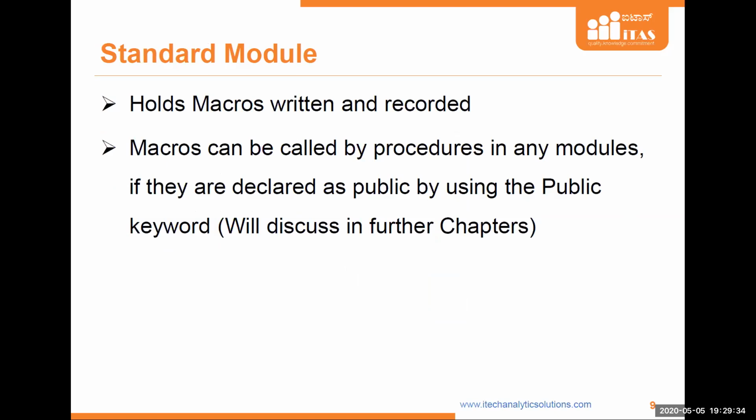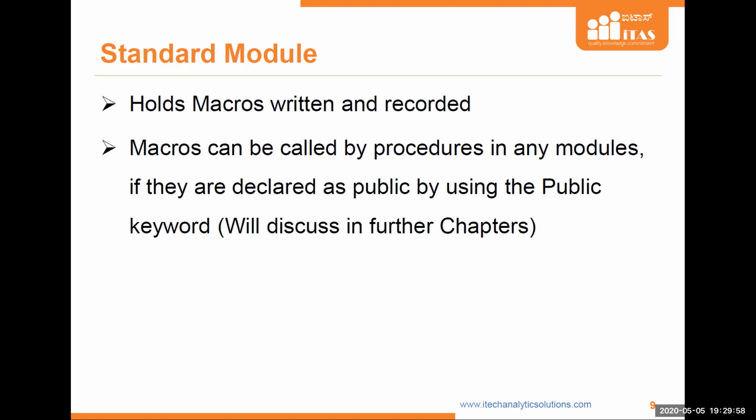Rajesh or Ali? Ali. Yes, Ali. Can you be a little louder? That one, recorded and written, I don't understand. I'll show you. Once I show you with the example, you will know. I'll give that example once I finish this chapter. I just want to clear this topic. Then I'll show you how the recorded macro and this both are different.